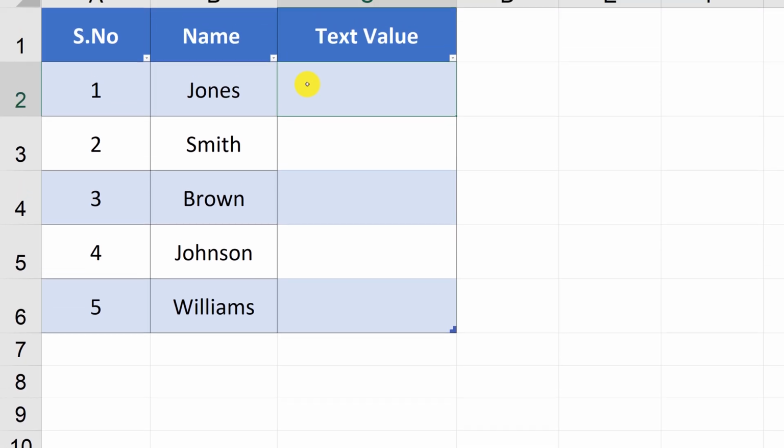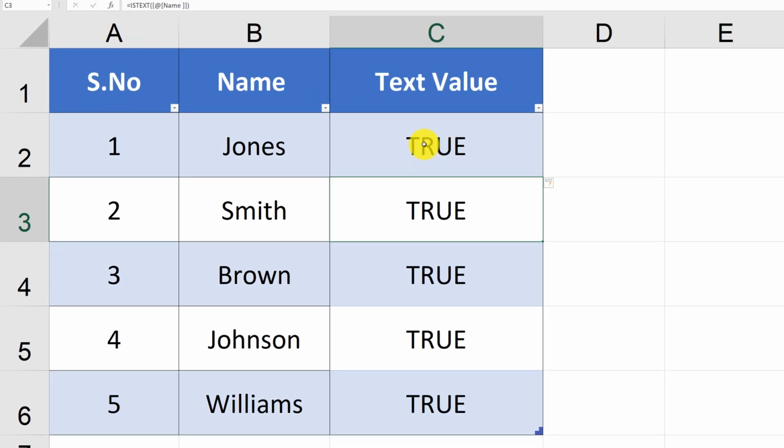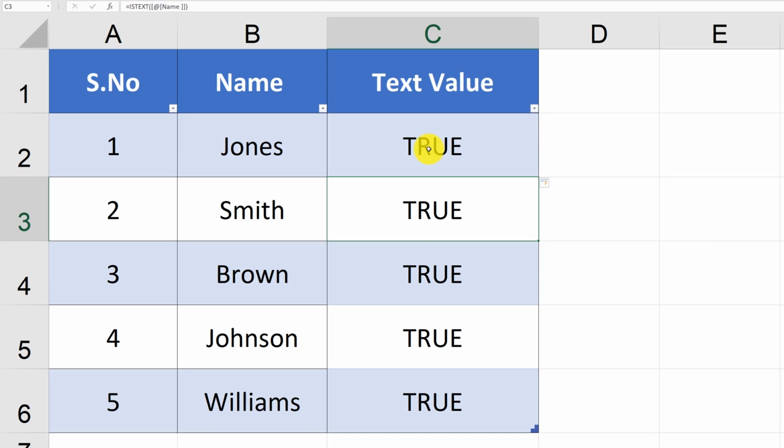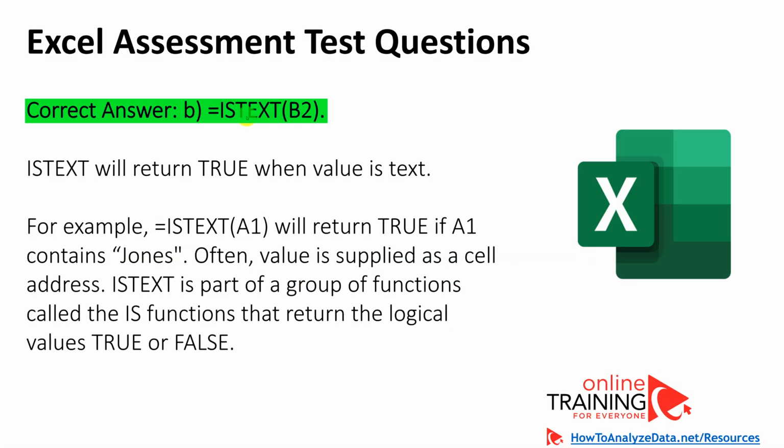The ISTEXT function in Excel is used to determine if the value is a text value. You can see that it checks whether a value is text and returns true or false. All you need to do is point this function to the particular cell, and then it returns true. You see that the value was automatically replicated because this particular set of data is an Excel table, and an Excel table propagates all the values across the entire column. So the correct answer here is B, isText, and then you point to the cell where you need to